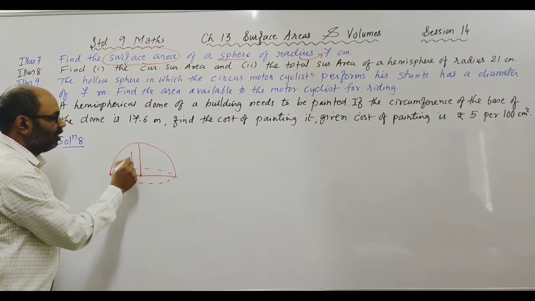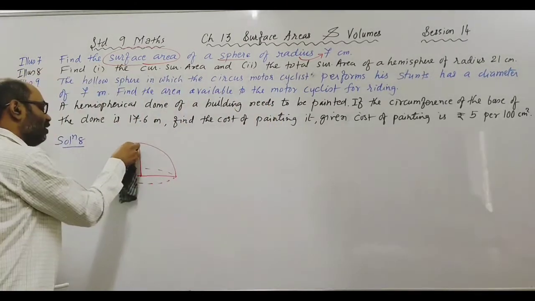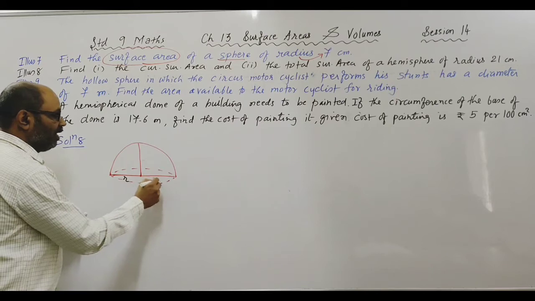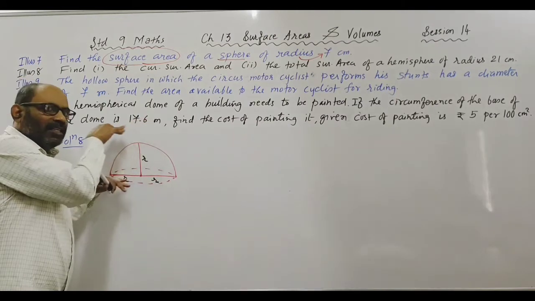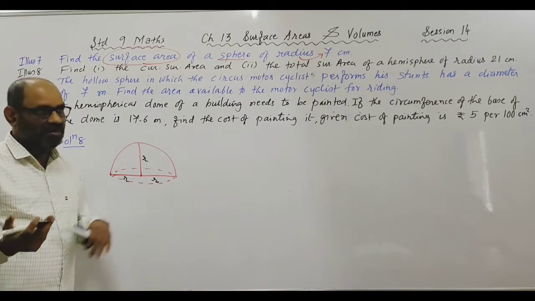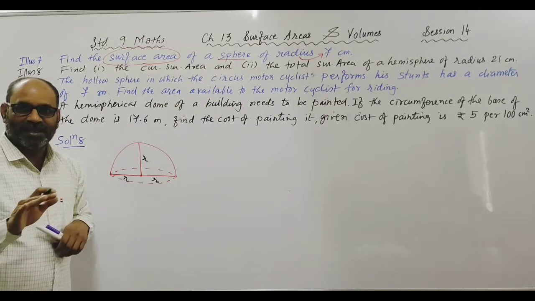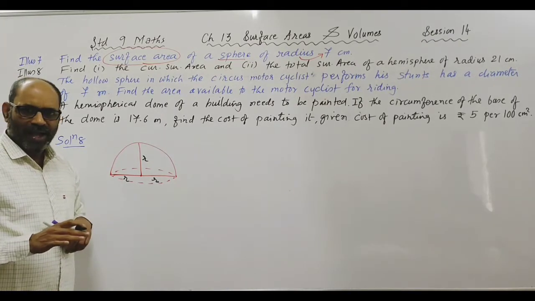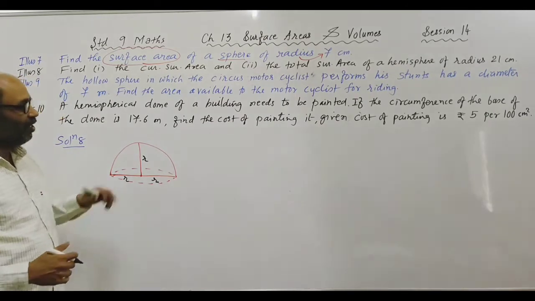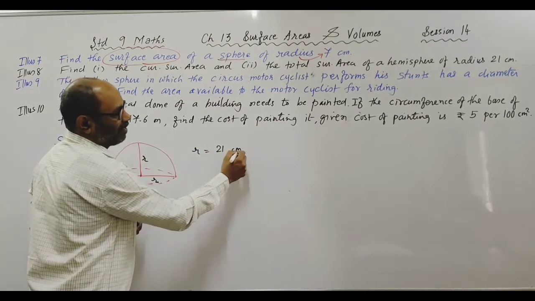This one is also radius. In a hemisphere, here it is radius, radius and radius. Of course, this radius can also be called the height of the hemisphere. When the term height is used in a statement, the height of the hemisphere is nothing but radius. I haven't seen such a statement, but since I told you, I can ask it. So what is the radius of this hemisphere given? 21. Directly radius is given.